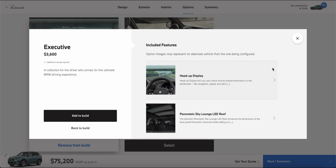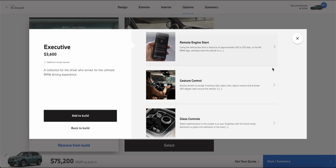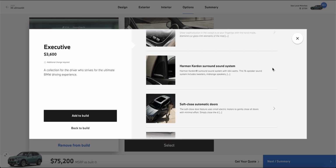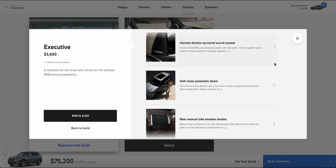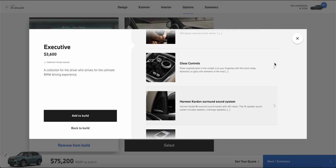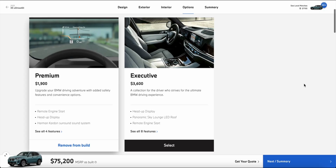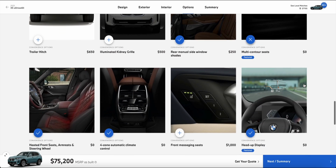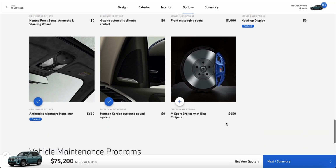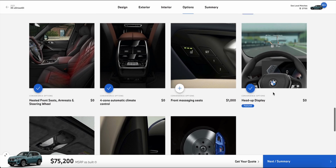When you go with the executive package, you get additional things like the pano moonroof, the glass controls, which is nice, soft closing automatic doors, and the rear manual side window shades. All nice things, but for a lot of people, they might not need a lot of the extra features. You might be like myself, where I just want the Harman Kardon audio system, and if that's the case, you can just skip the premium and the executive package,